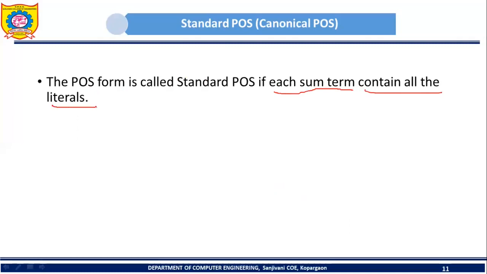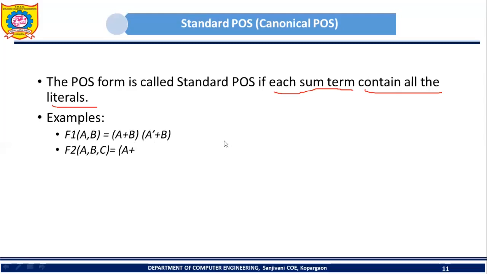Now you have understood what is meant by literal. So let's see the example. Suppose we have a function f1 of two variables A and B. It is defined like this. In one bracket we have A or B, and in the other bracket we have A prime or B. Whether it is POS, so it is a product. Yes, it is a product of sum terms. Yes, it is POS. Whether it is standard POS, yes, it is standard POS. Why? Because each sum term contains all the literals. How many literals are present in this function? 2. So both literals are present in both sum terms. So that's why I can say that this is standard POS.